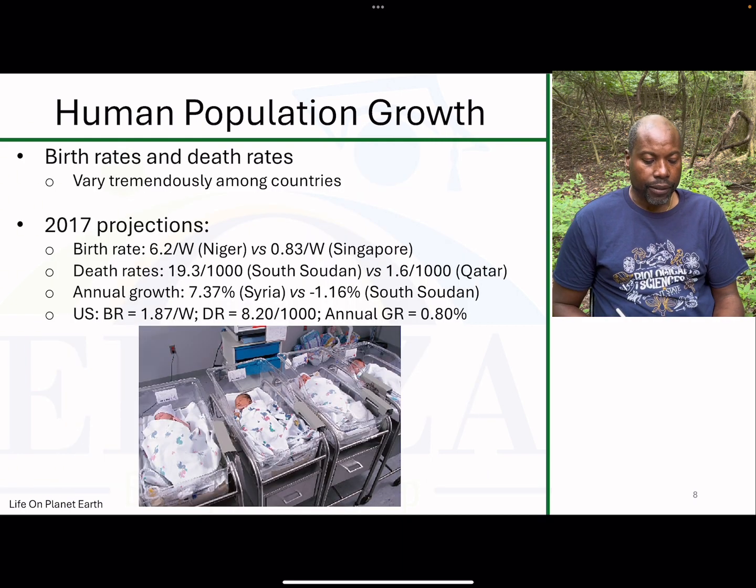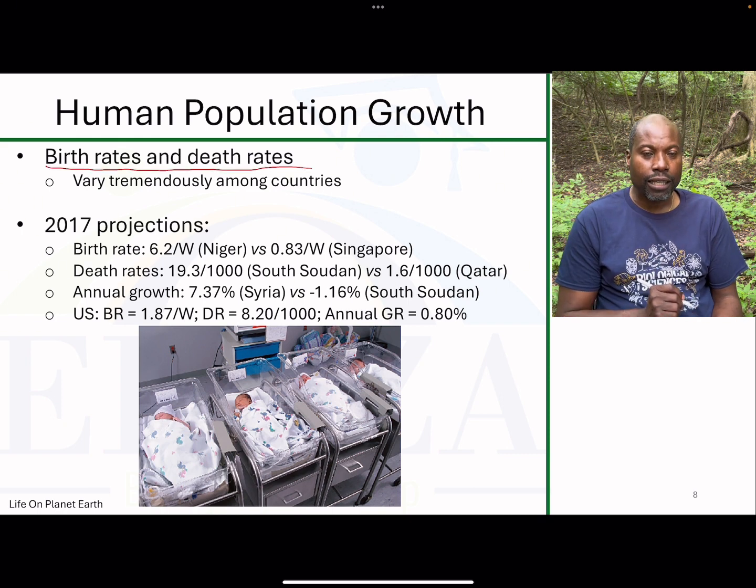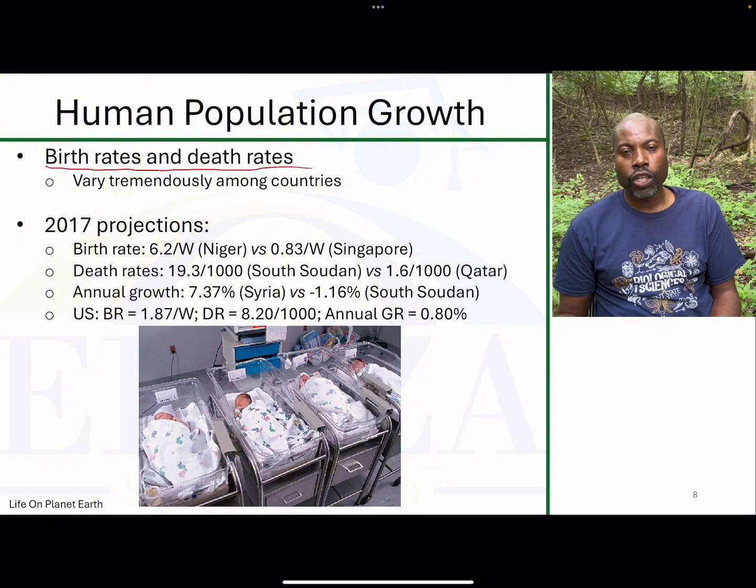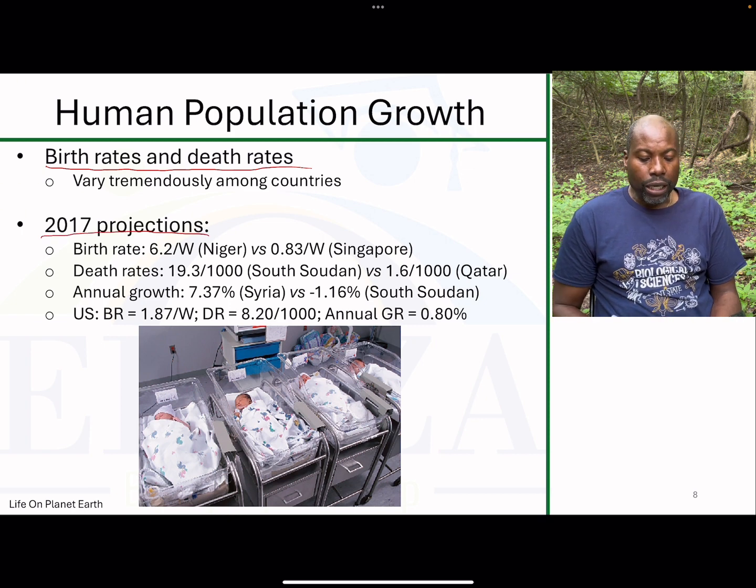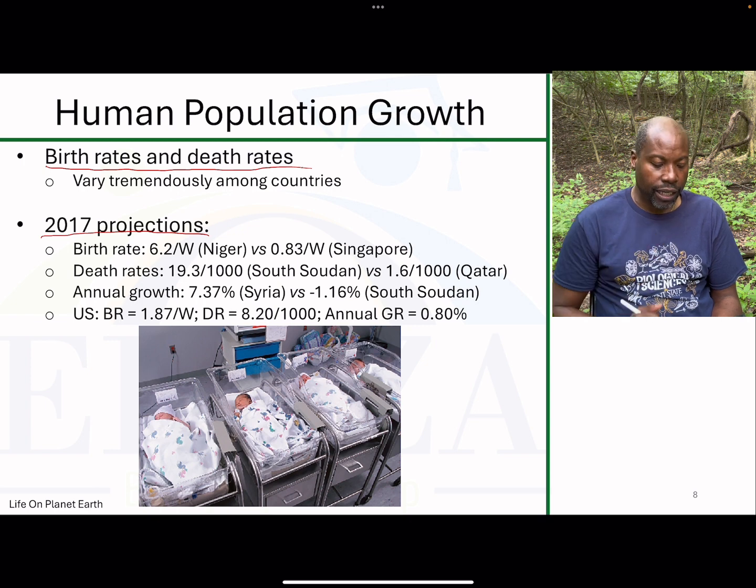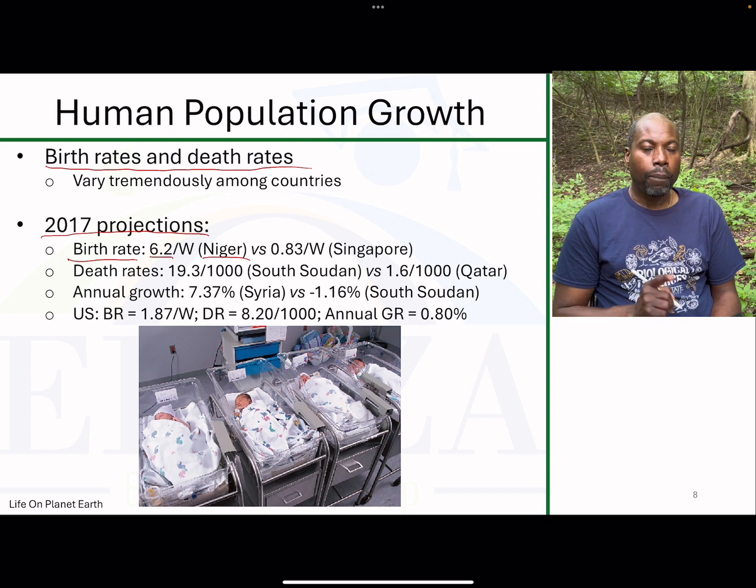All right. So birth rate and death rate vary tremendously from one country to another, from one continent to another. In 2017 projections, we're going to take a look at some countries in the world. The birth rate in Nigeria was about 6.2 per woman, while in Singapore the birth rate